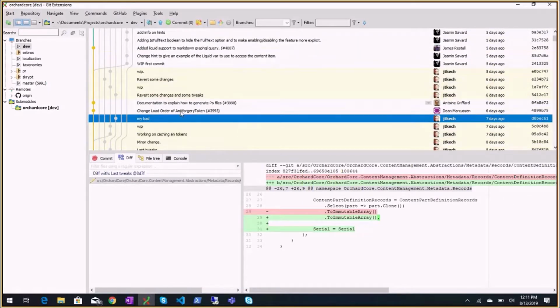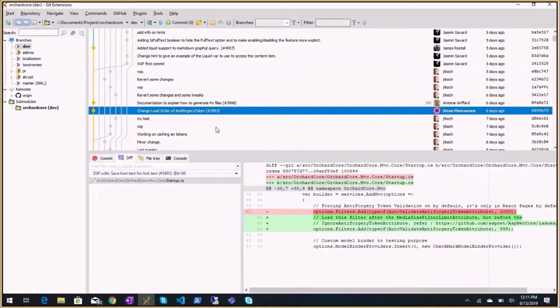So change load order of AntiforgeryToken. This is specifically with the attribute, the media size filter limit attribute, but before the ignore AntiforgeryToken attribute. So the auto validate AntiforgeryToken attribute needs to come before the ignore AntiforgeryToken attribute, but after the media size filter limit attribute.